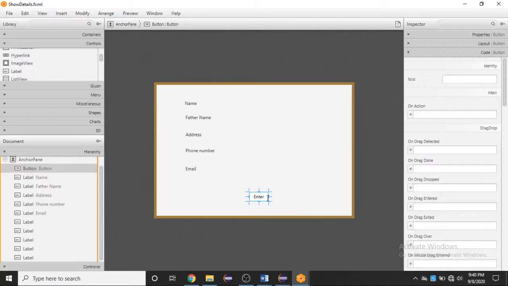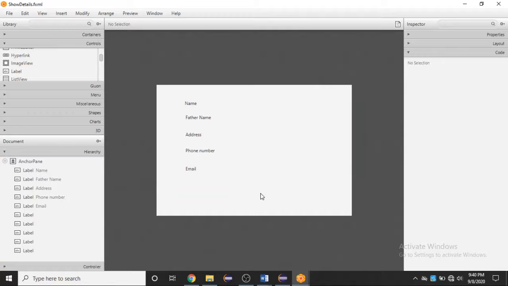Let's suppose I am adding a button, or you can also remove this, as you already know how to add a functionality to a button.